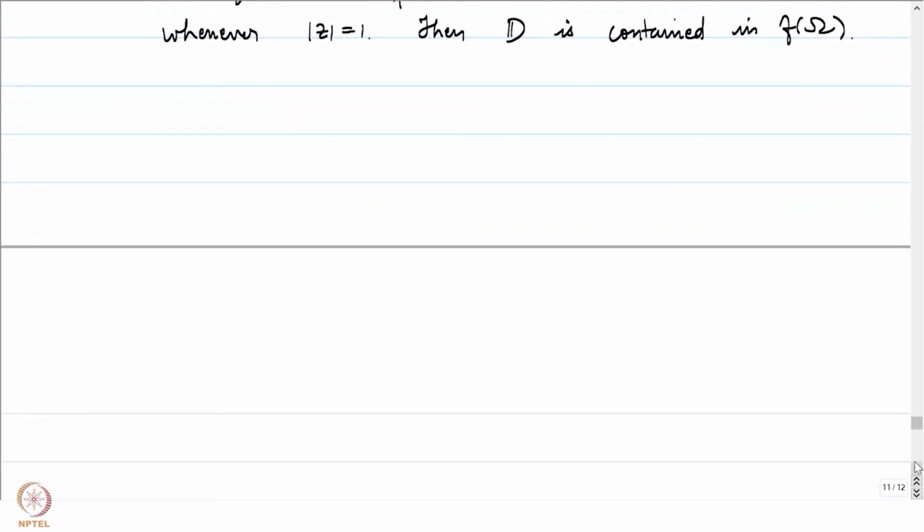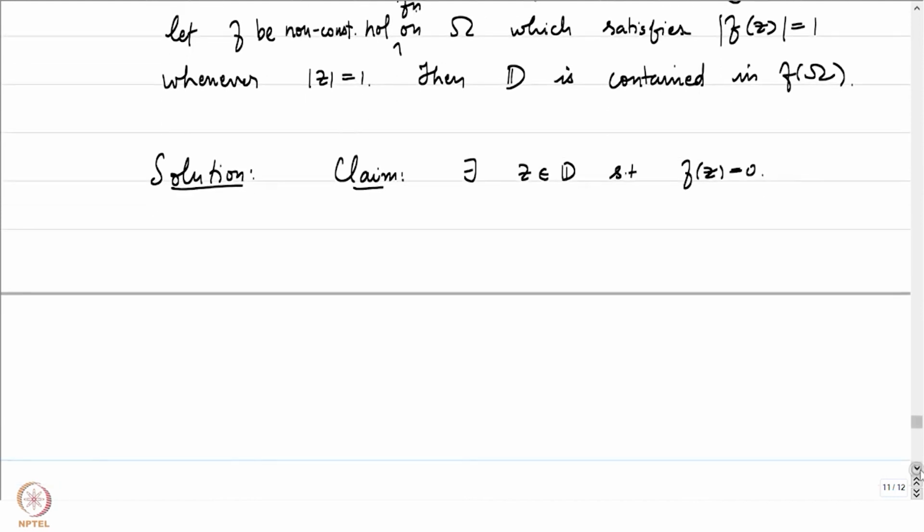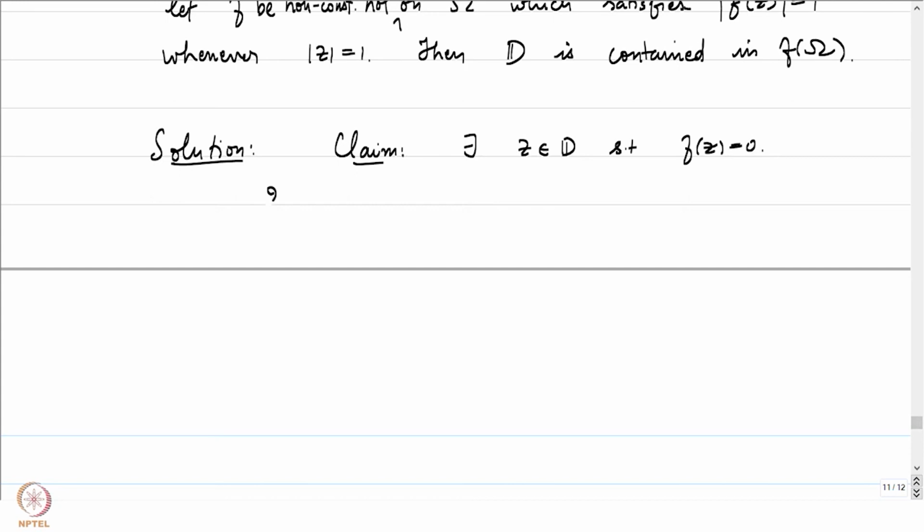Okay, so let's see a solution. The solution is going to have multiple observations. The first observation is that f should necessarily have a 0 in the unit disk. So, claim: there exists z in D such that f of z is equal to 0. So, what will happen if that is not the case? If not,